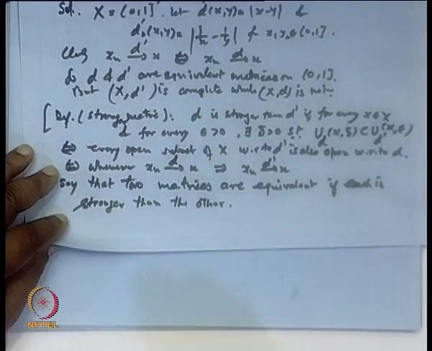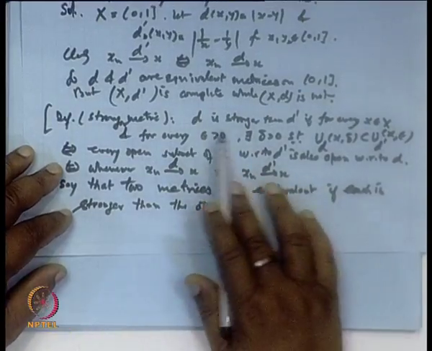Whether any sequence, if we take any sequence converging with respect to one metric, converges in the other metric or not, and vice versa, or whether it is true one way or both ways. So, this brings the concept of stronger and weaker metric spaces, because once a set is fixed but two different metrics are given, then we can compare their properties by saying whether it is a stronger metric or a weaker metric.